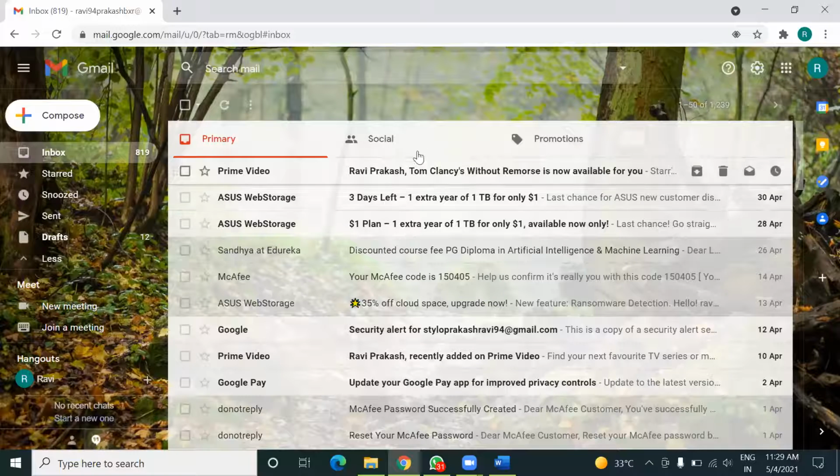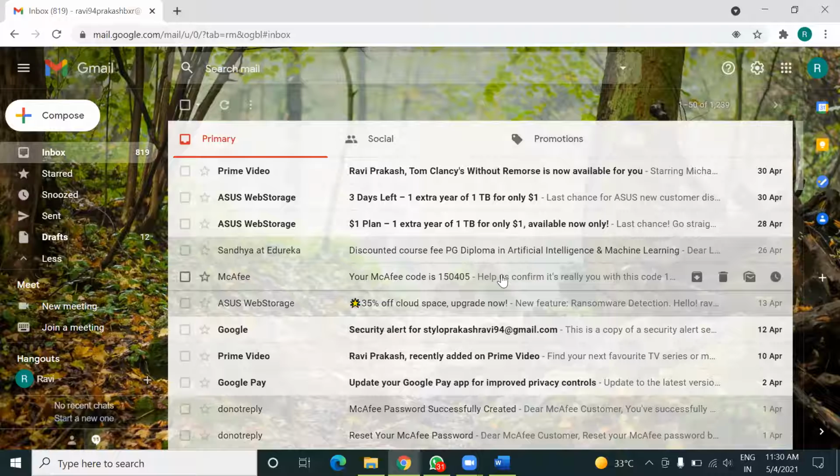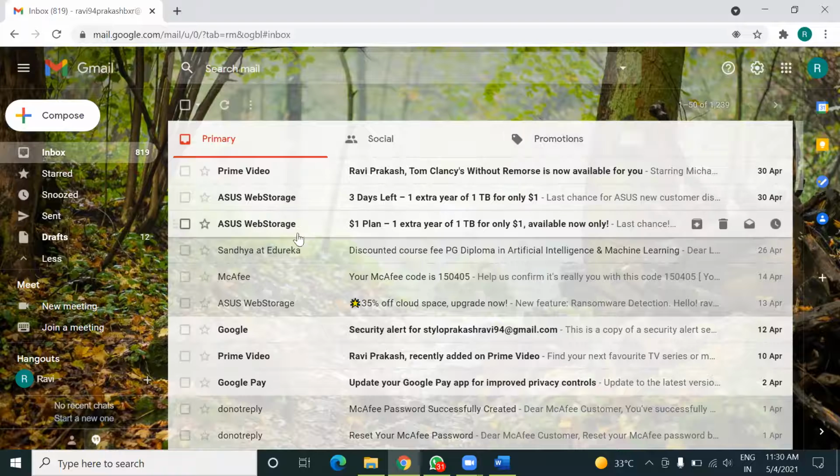Those email messages I'm receiving, I can view in the social section. And in promotions, email messages are displayed which are only meant for promoting certain products, means advertisement emails I can see in the promotions section. Understood, everyone?